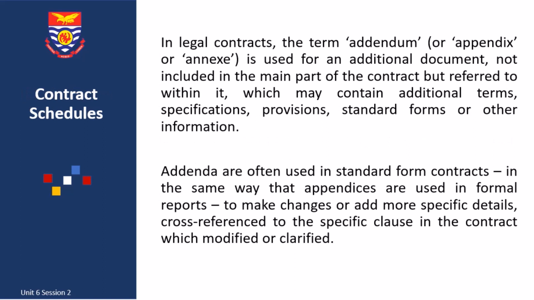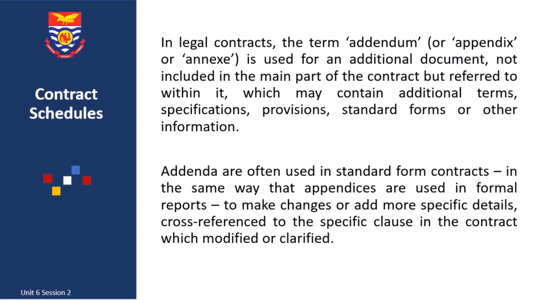Contract schedules. A contract schedule is a schedule that forms part of the contract, which gives or shows details of particular or specific matters referred to in the contract document, which is signed and agreed on by both parties to the contract. So the schedule is not necessarily a part of the contract. However, it is attached to the signed contract document to give some details of specific matters referred to in the document. So for instance, in reading the contract document, you get to a point where they say,